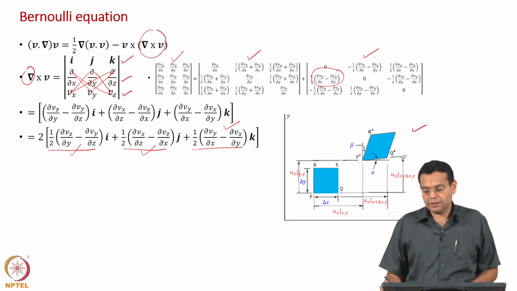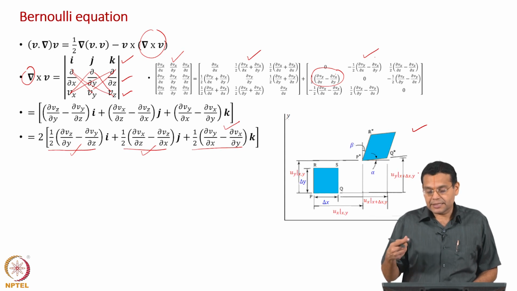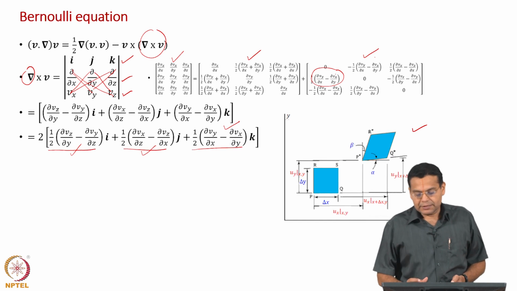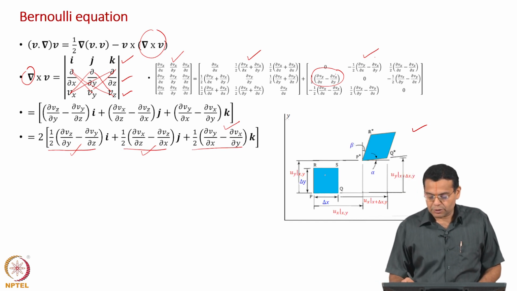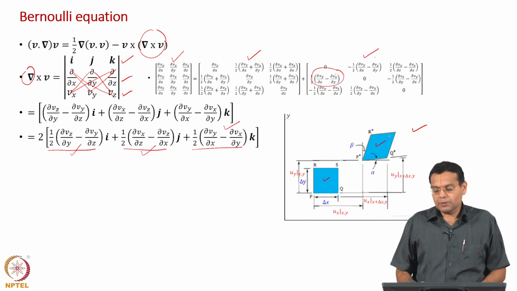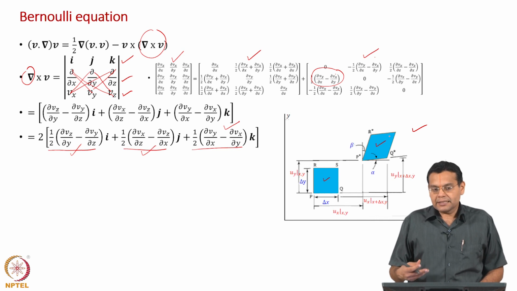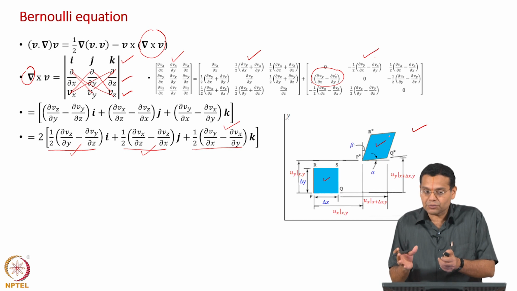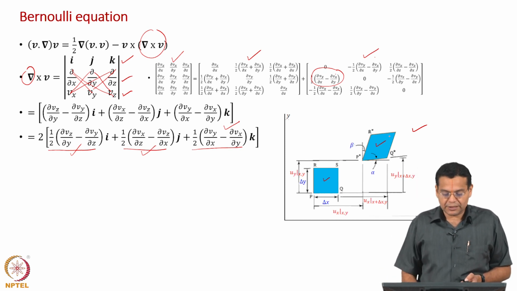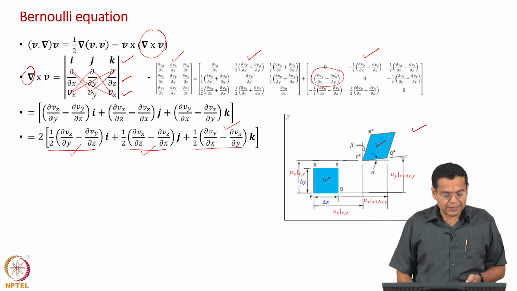This figure should be familiar to us, which we discussed when we discussed strain rates in fluid mechanics, and we said this figure shows a fluid element at time t and then t plus delta t, and we said a fluid element can undergo normal strain rate, shear strain rate and rotation rate, and that rotation rate is what we are discussing now. This term represents that rate of rotation. Okay. So, let us use that.